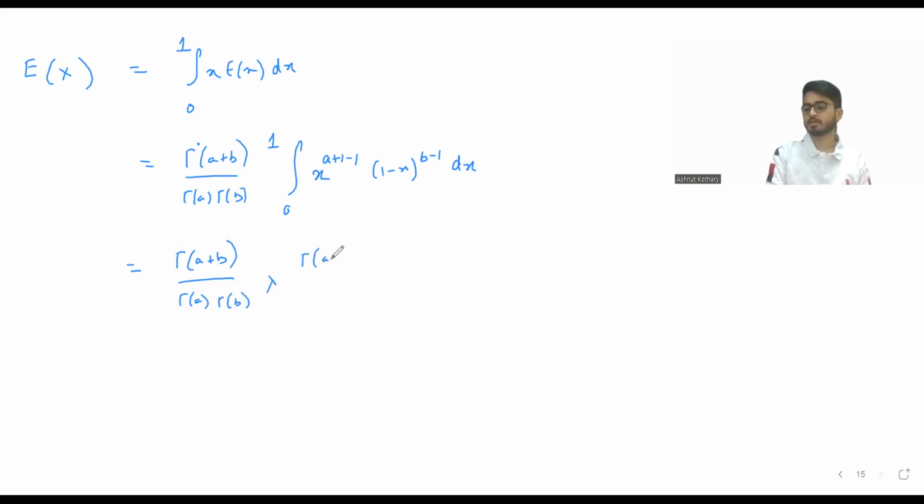And this will come out as gamma a plus 1 gamma b by gamma of